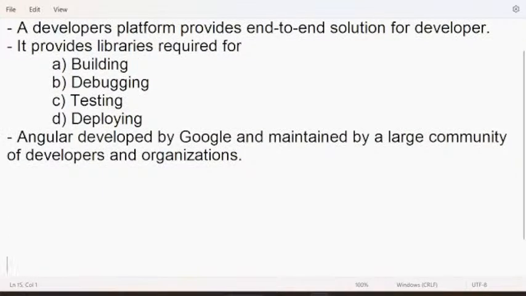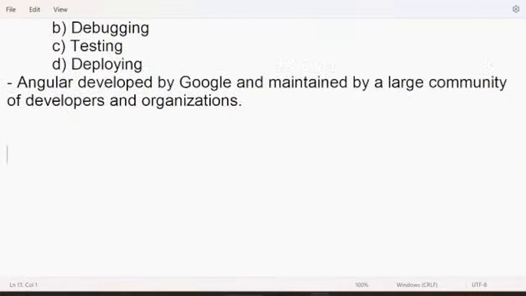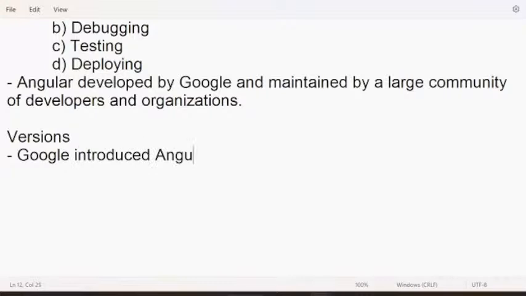I told you about versions. Google introduced AngularJS in early 2010.